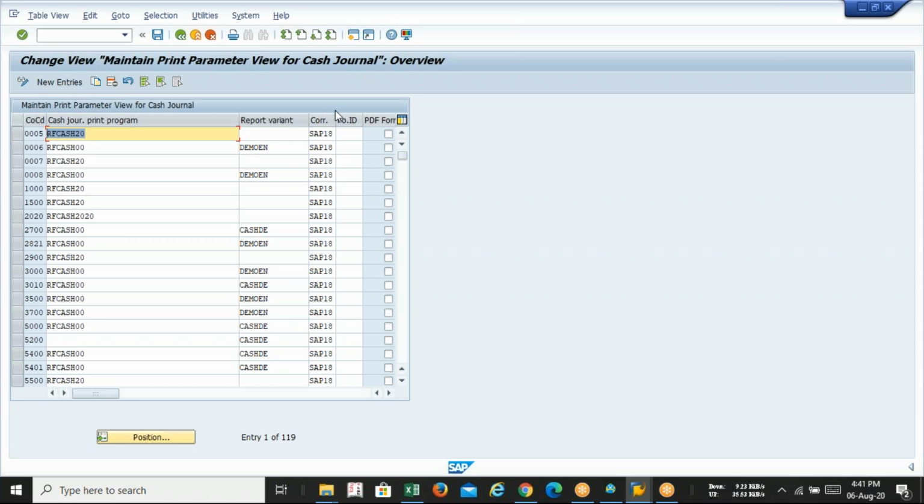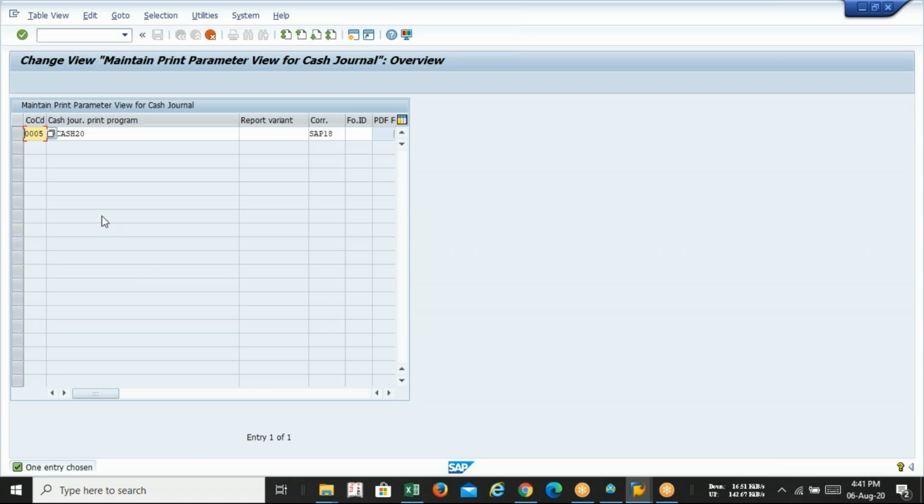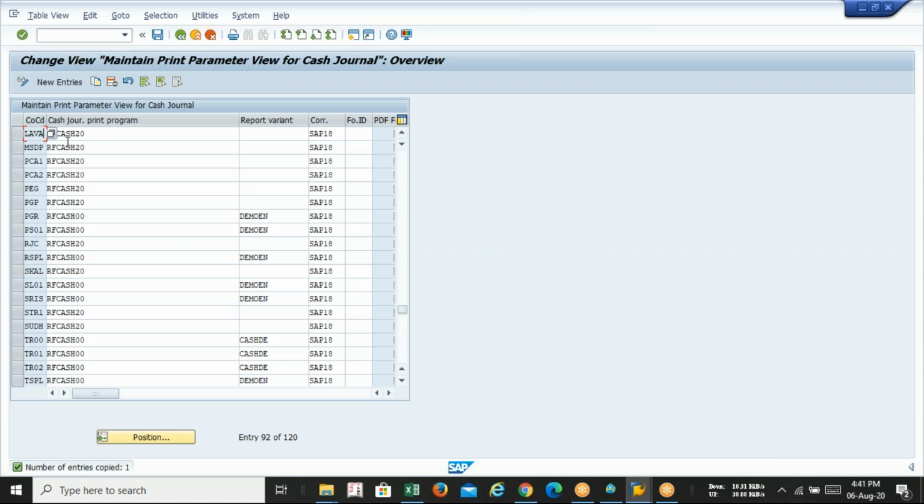Okay. I repeat, the first option is the default in SAP. So you just select it, copy and change the company code.